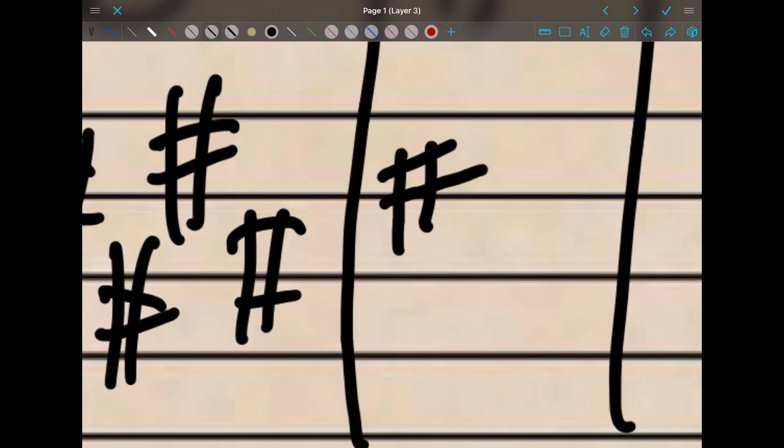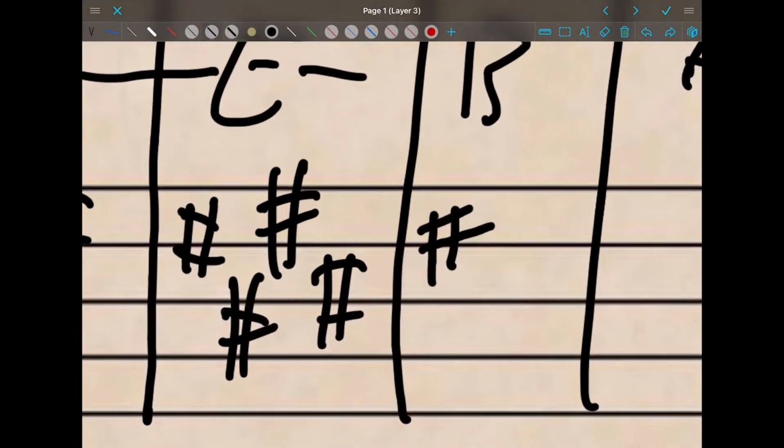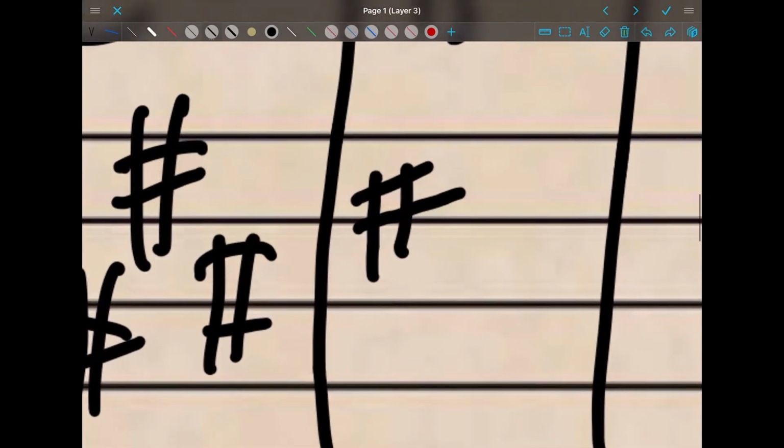And it's like, is it F? Is it G? It's not quite on the space, but not quite on the line either. It looks something like this. The line's kind of going through the bottom, but it's mostly in the G space. So when you're drawing sharps and flats, it really needs to be clear